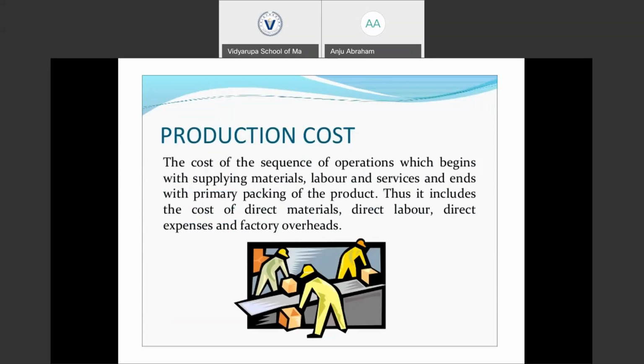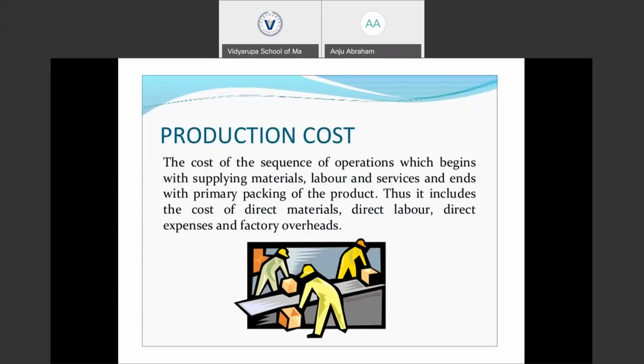So the direct materials used in producing the product, the direct labor employed in producing the product, direct expenses that are incurred, and the various factory overheads or manufacturing overheads which are incurred in the course of production of a product are included in the production cost. All those costs which are applied from acquiring the raw material and putting it into the production process, carrying on the production process and completing it, converting the raw material into finished product.